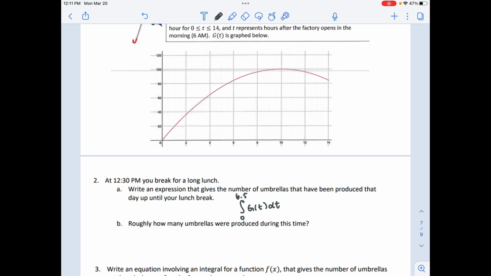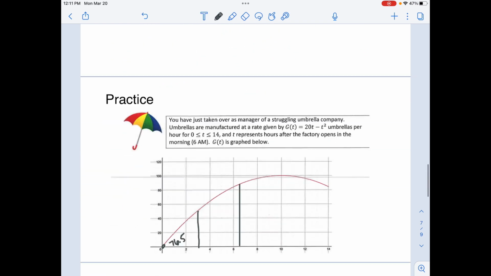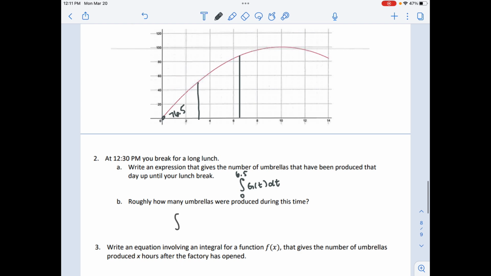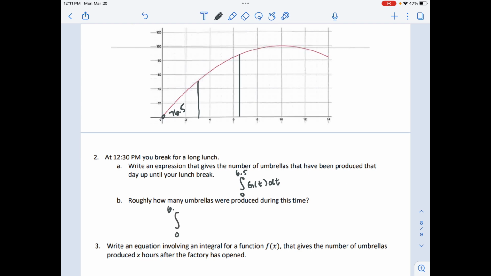So I'm going to go from 0 to 6.5, which is probably around here. And then to note, I already know what around this area is. This is about 76.5 because I found that in the last problem. And so when I go to find this problem,